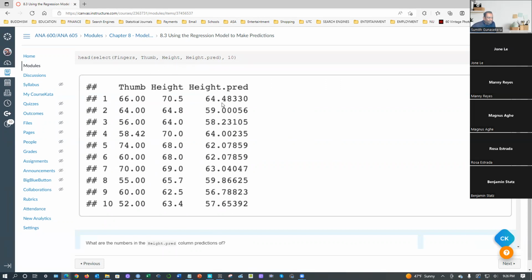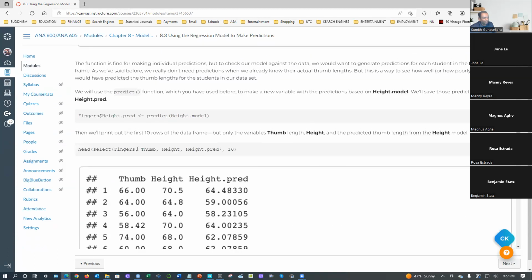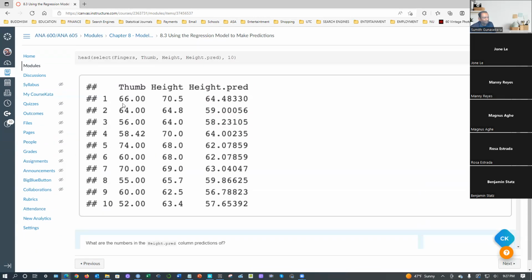So the difference between these two is the error. Thumb to thumb, estimated thumb. They use the height data, not for the height itself but for the given heights, for their convenience. This thumb length is y, and this is y hat. Y hat, y hat. So if the x values are already in the system, the heights are already there, it calculates everything. That's what predict does. But predict cannot calculate if you really need something in between.